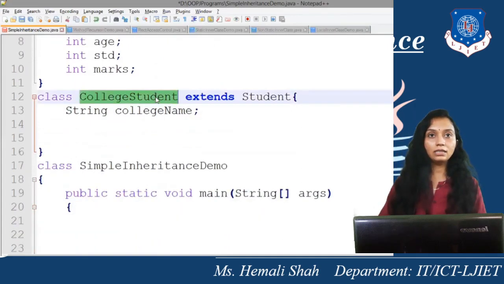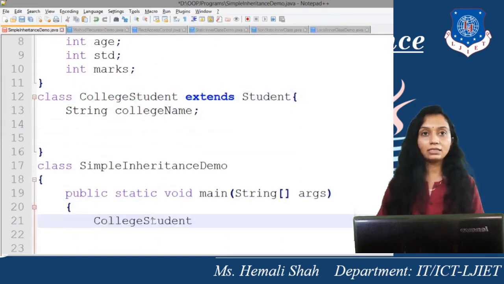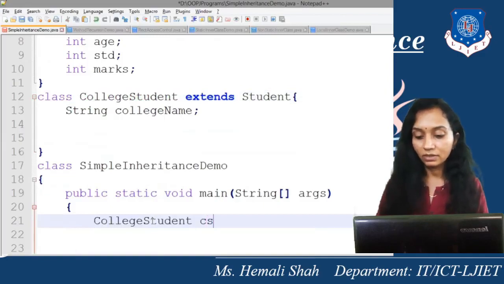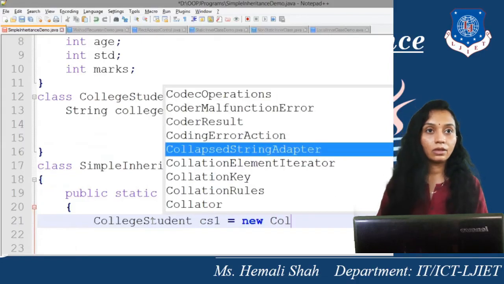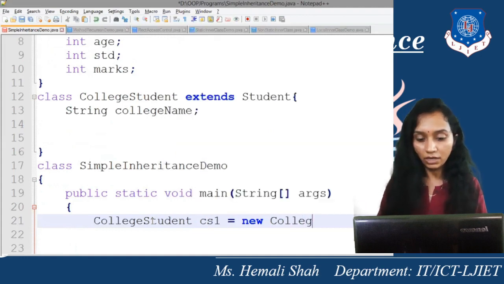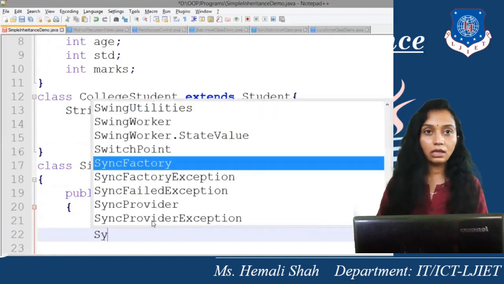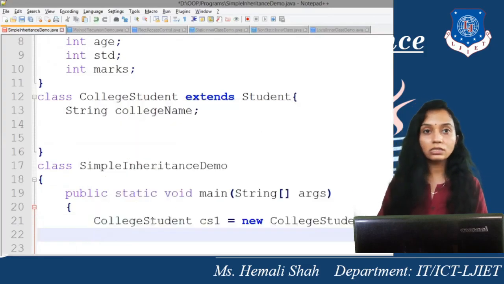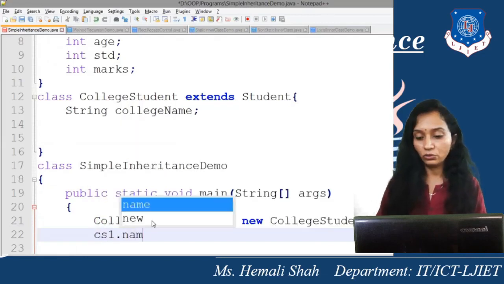Now to create an object of the college student class in public static void main, we have to write the name of the class college student, then object cs1 equals new college student, invoking the constructor, right? Now this cs1 is the object. Now just print all the properties of the superclass student as well as this college student class.